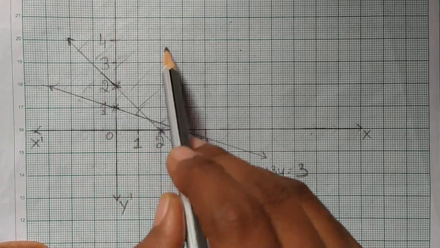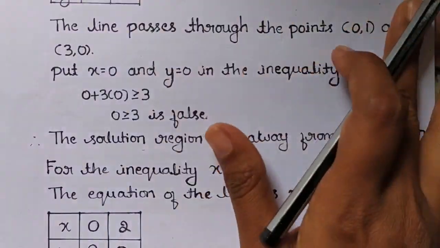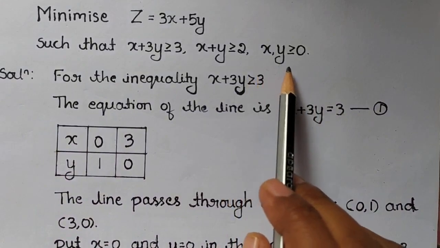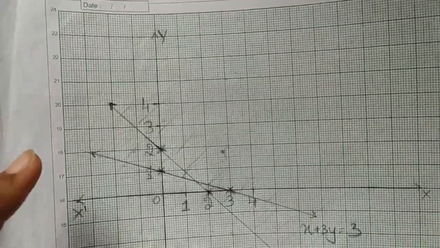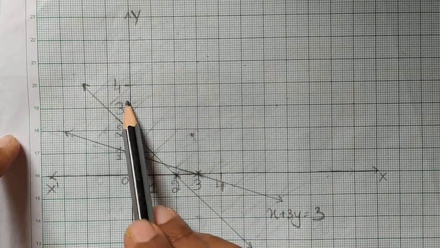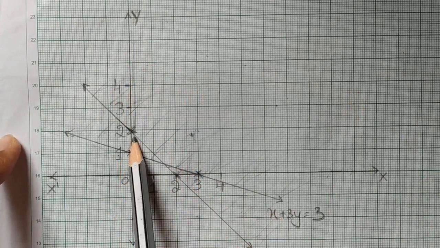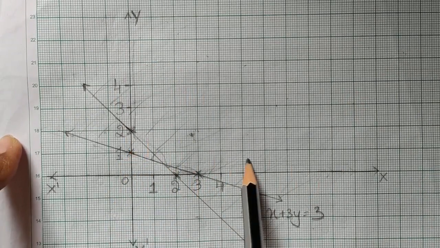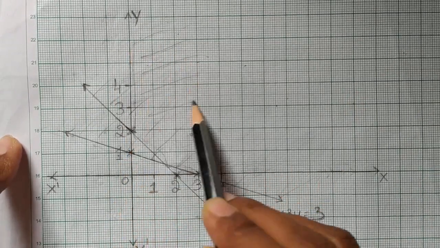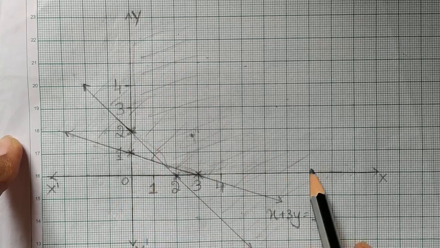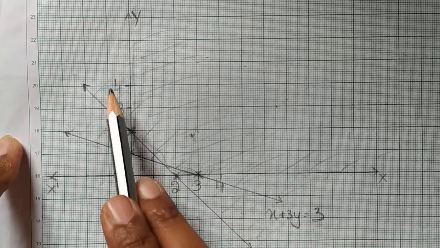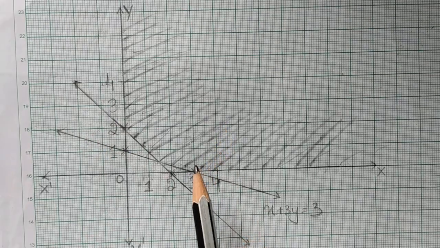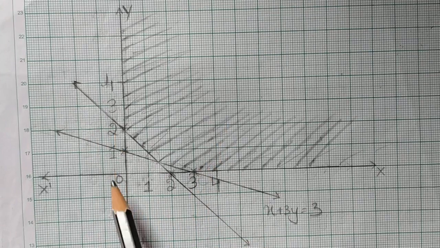We can shade this region, and also in the question we have non-negative constraints which say that the feasible region lies in the first quadrant. So, we restrict this feasible region to the first quadrant, within the positive x and y axes. So, this will be the feasible region. I'll rub the remaining shaded region. I have shaded the feasible region and rubbed the remaining shaded region.